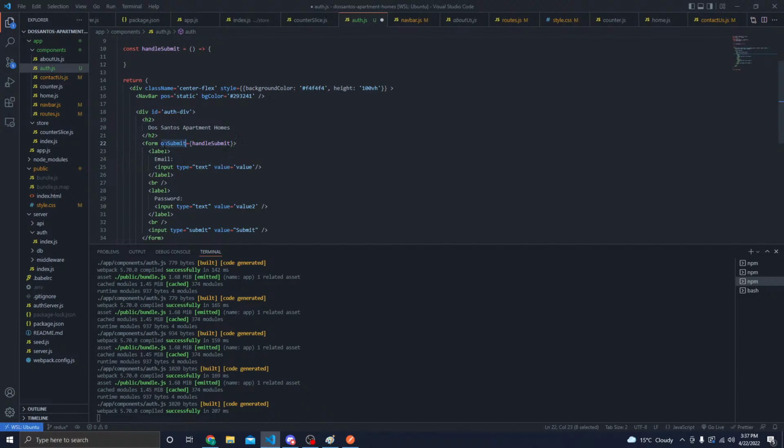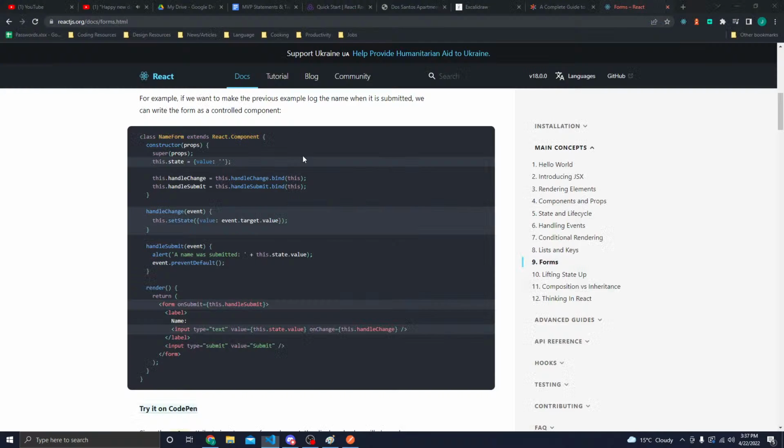And then when they submit it, it's going to run this handleSubmit function with whatever is inside of it. So yeah, we should prevent the default, which I think causes some type of refresh, and instead of that, we want to go ahead and just